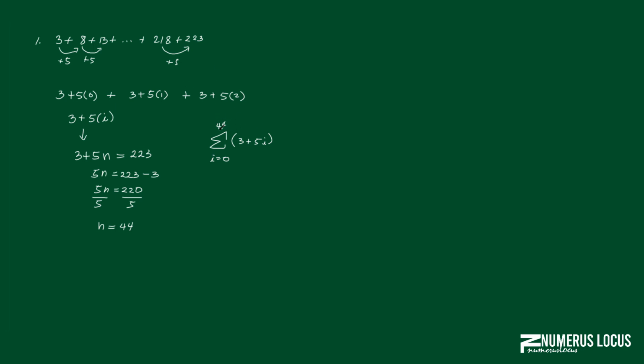And we can verify our 44 by simply replacing i with 44. So let's say if i equals 44, are we able to get 223? Let's see that. We have 3 plus 5 times 44. 5 times 44 is 220. So we have 223. So we have verified that our last digit matches the last term in our series. So our working sigma notation for this series is